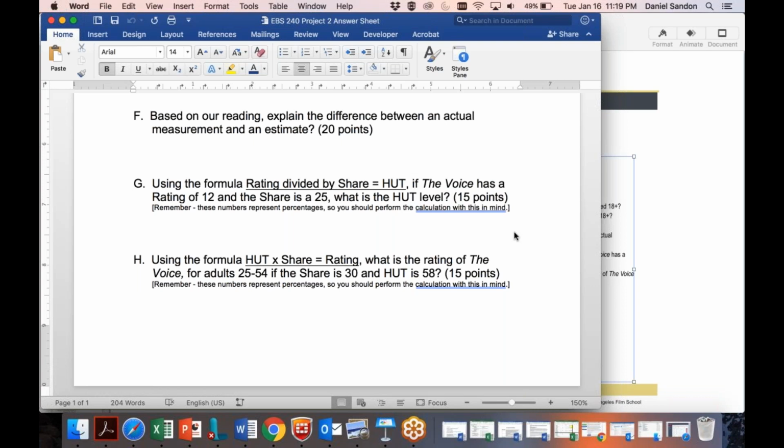And then H is very similar. It's just a turning around of that calculation. It says using the formula HUT times share equals rating. What is the rating of The Voice, which is a TV show, for adults 25 to 54, if the share is 30 and the HUT is 58? So again,